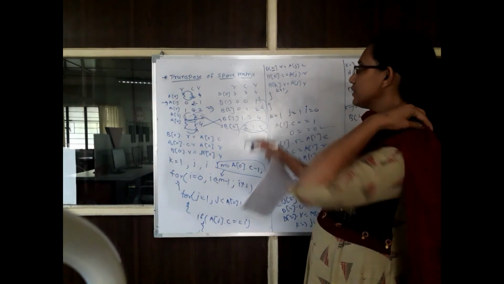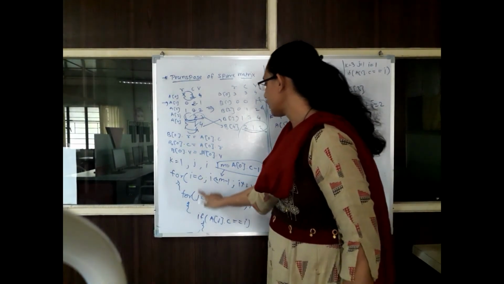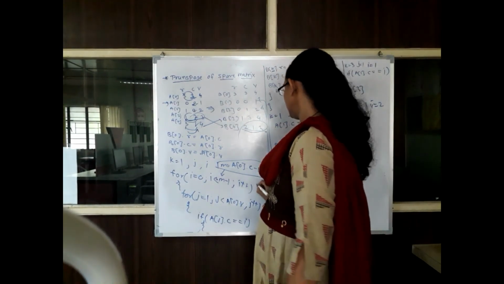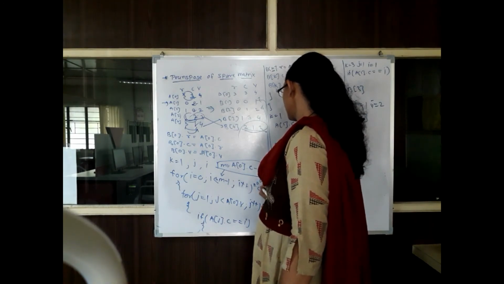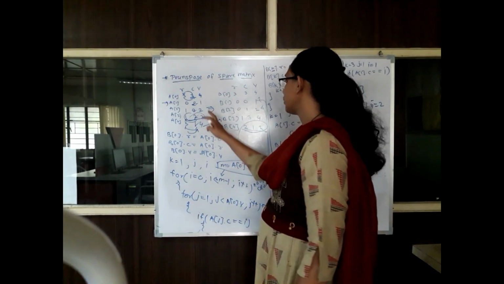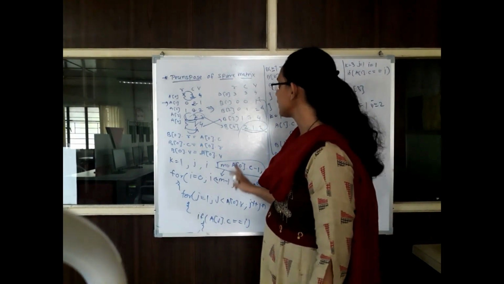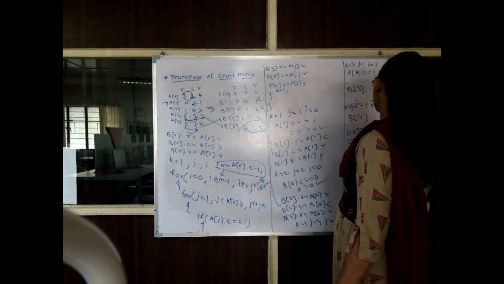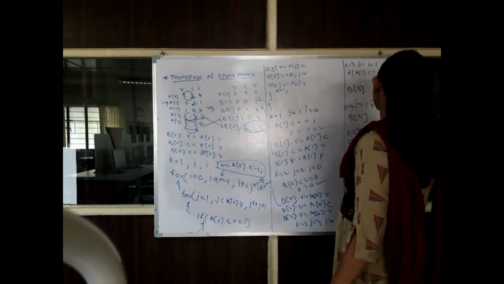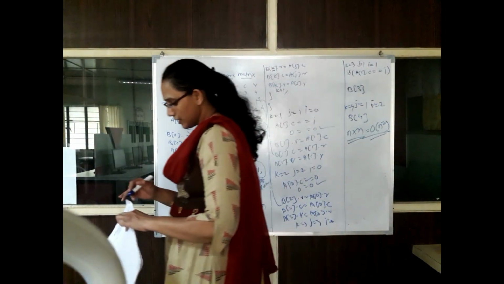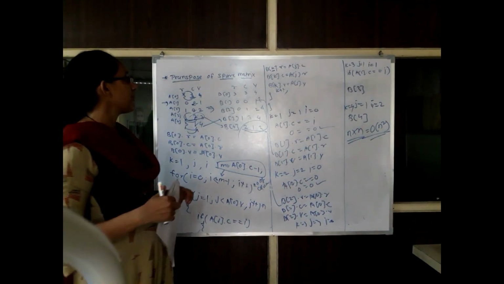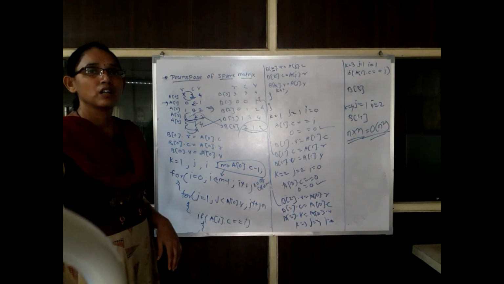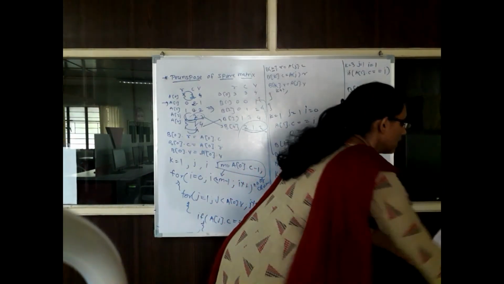Now what is the time complexity for this transpose of matrix? Here we have used two for loops. One for loop executes for the number of columns, and one for the number of tuples. If the column size and tuple size are the same, then we can say it executes n by n. So its worst case time complexity is big O of n square. We can reduce this time complexity by using the second technique for converting a sparse matrix into the transpose of that matrix. That is